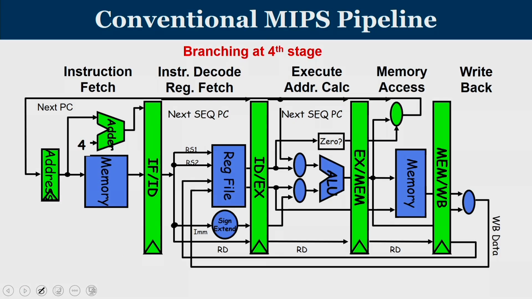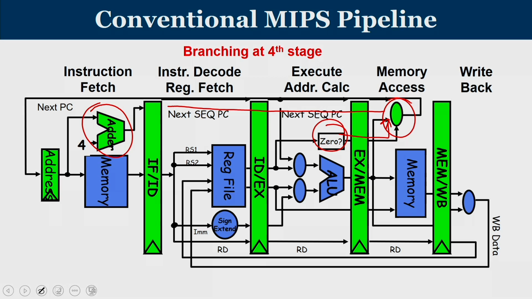Let me address this. The normal value of PC plus 4 is available here, and here we are seeing whether, if you subtract two register values, the resultant is 0, and that is going to tell you whether a branch will happen or not. So, branches typically happen on flag registers or flag values, equality checking of two registers. So, the outcome of the branch is known only at this point.